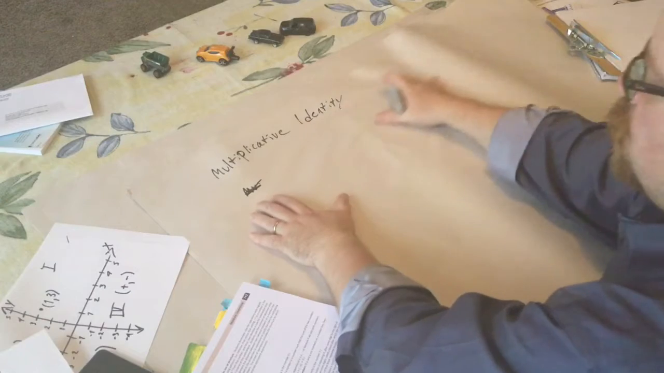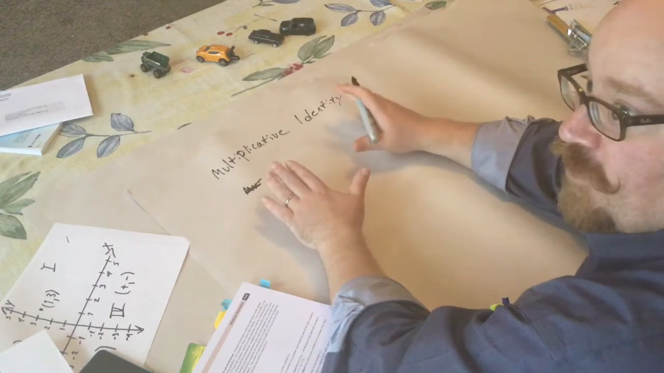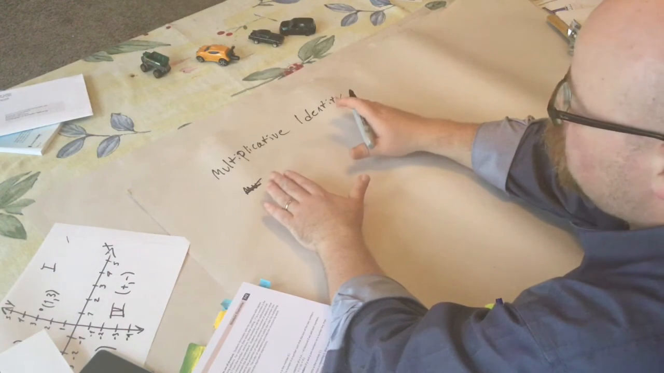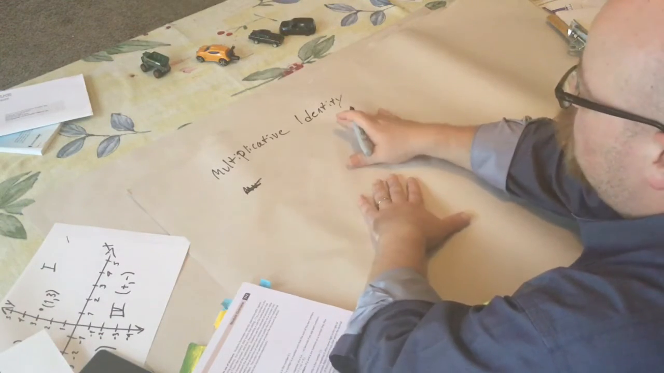So the multiplicative identity. In the latter part of Module 2, the multiplicative identity will be important. So what is the multiplicative identity then? Well,